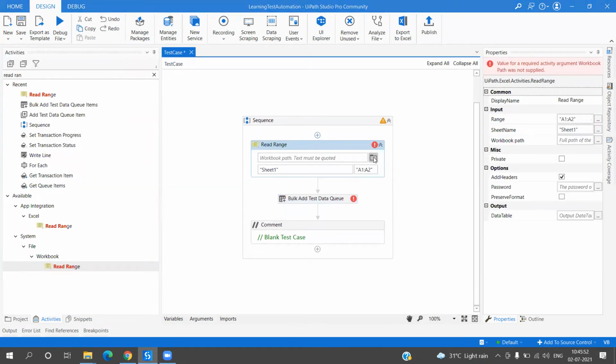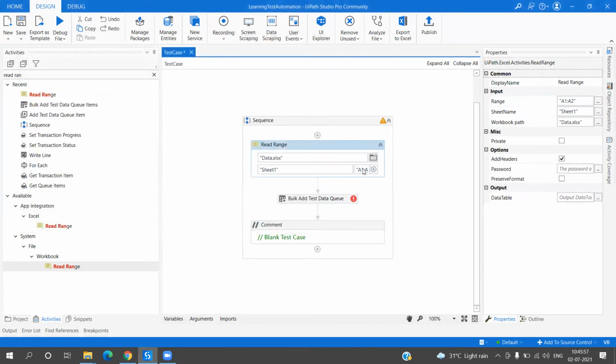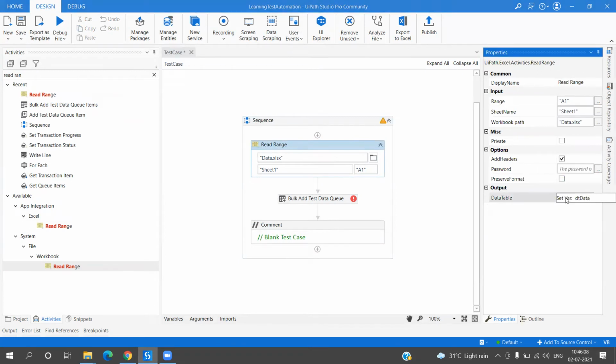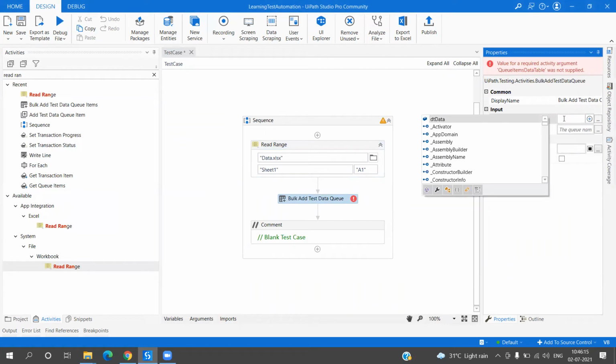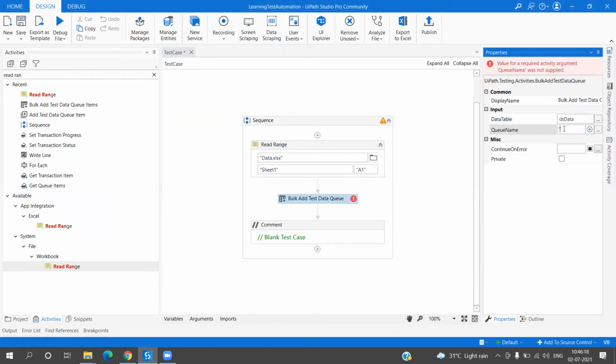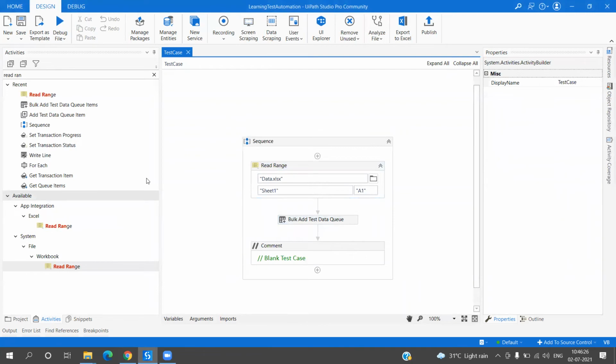I'm going to indicate the file data. And now since we have specified the queue in a JSON format, the queue data is also going to be in a JSON format. DT data is the variable that we have. Here we are going to pass that, and the queue name, it is details, right? Let's cross check it. Yep. Save and run the file.